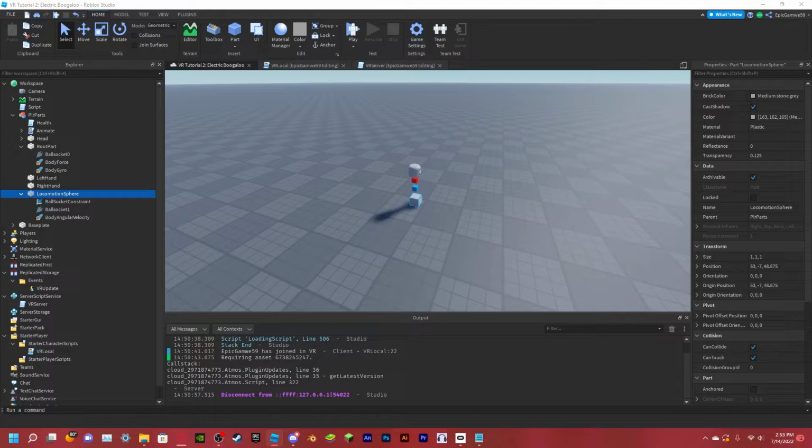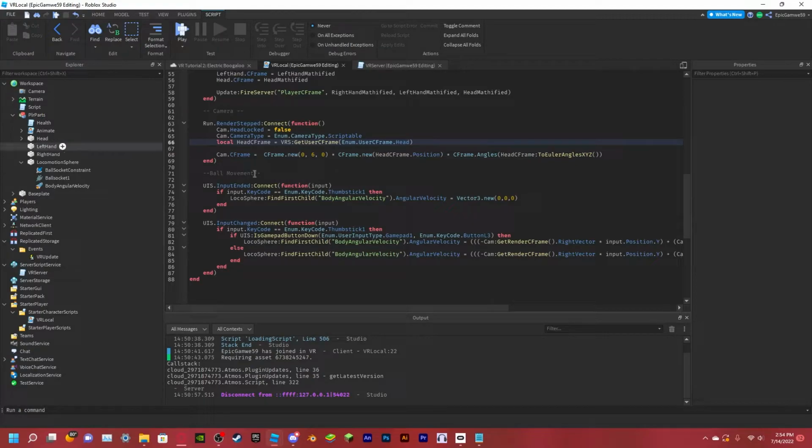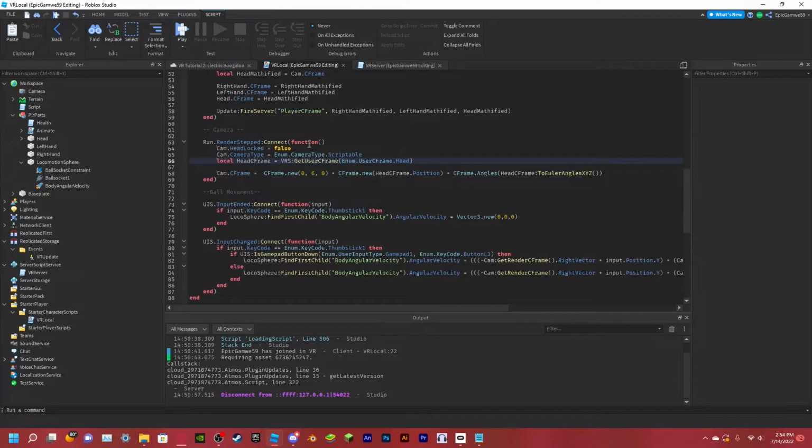Huh. What's the importance of root part? I don't think we actually really need root part. Yeah, no, I don't think we need root part. I'll keep it here, but I don't think we really need it that much. So actually, yeah, I'll delete it. Alright, so in here, firstly, go back to camera,